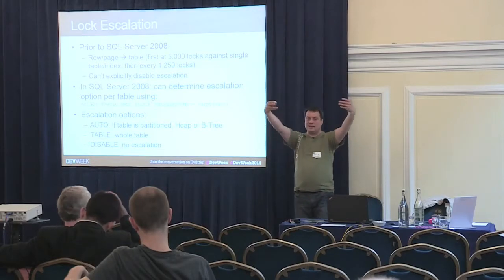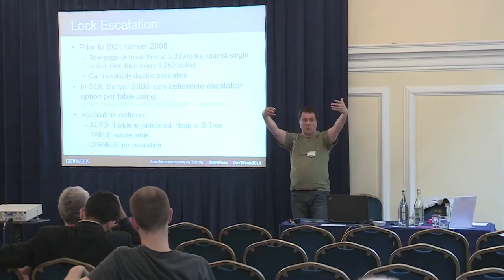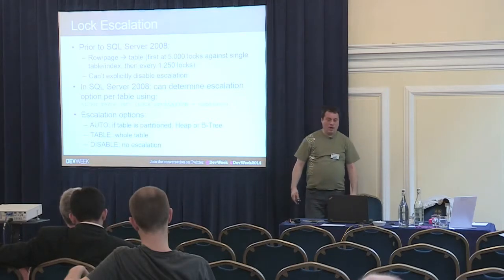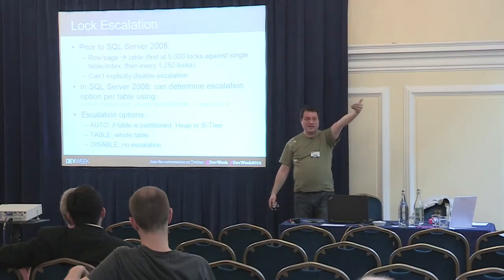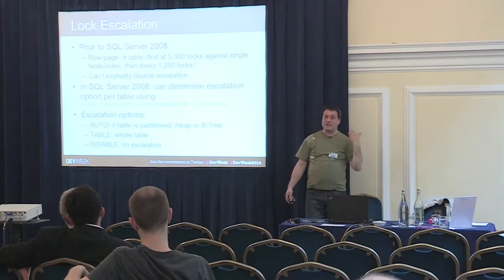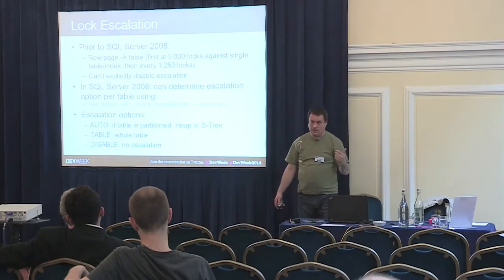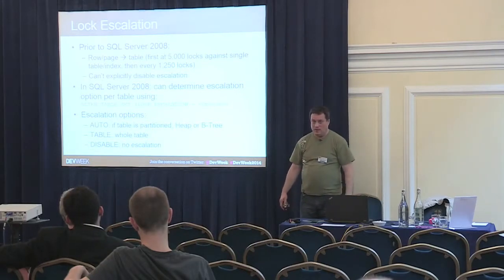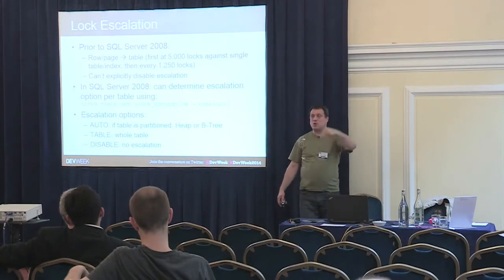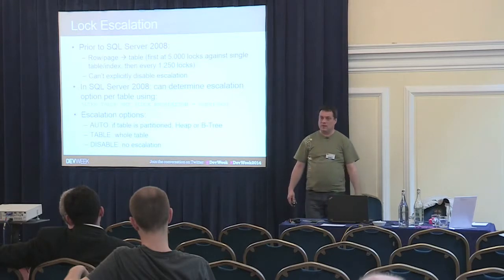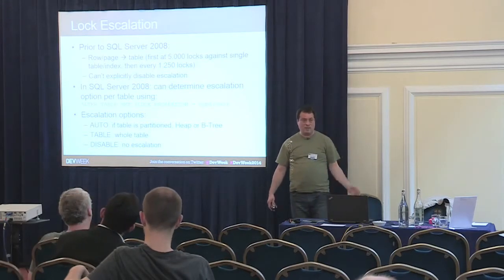SQL Server will automatically escalate if you have too many locks on a lower level. Right? So from row, the next higher level is table, not page. You have to request page locks by yourself, either with alter table or with a query hint, unless you have a partitioned table. Then SQL Server can stop escalation on partition level,